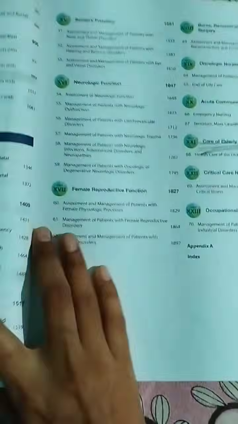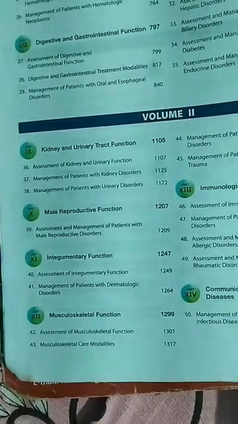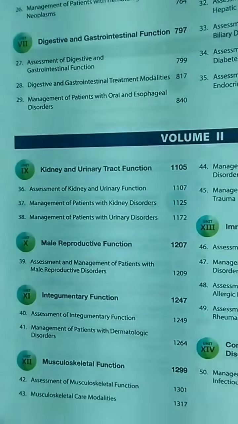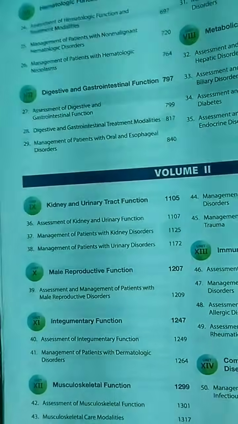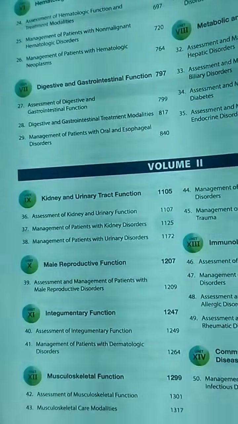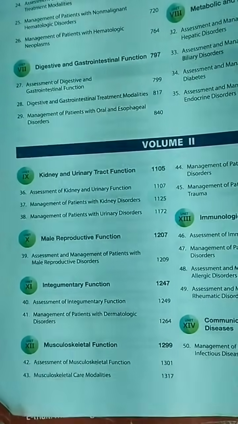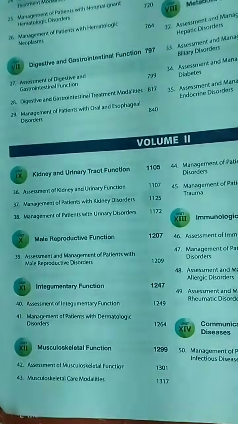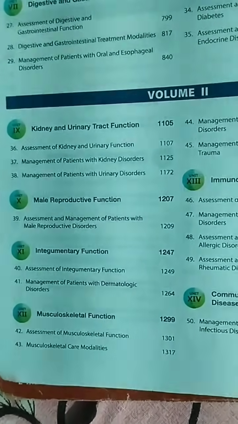Let's talk about the Volume 2 syllabus. First chapter is kidney and urinary tract function. In the kidney and urinary tract function, we have discussed assessment of kidney and urinary function, and management of patients with kidney disorders. The second one is male reproductive function. In the male reproductive function, the assessment and management of patients with male reproductive disorders, and next one is